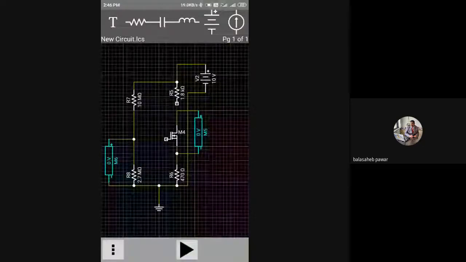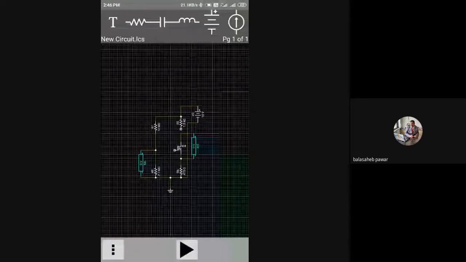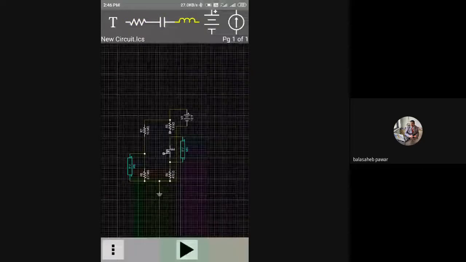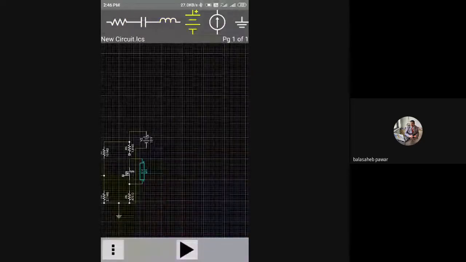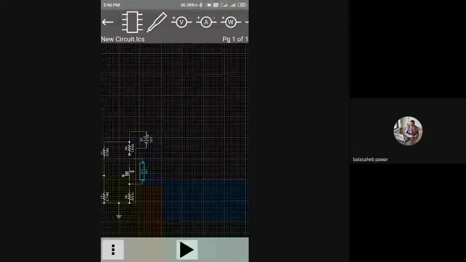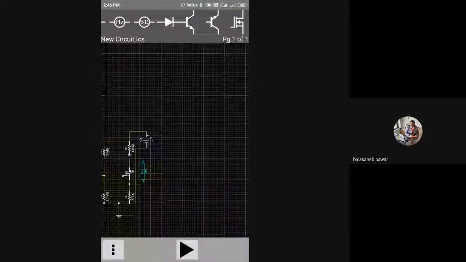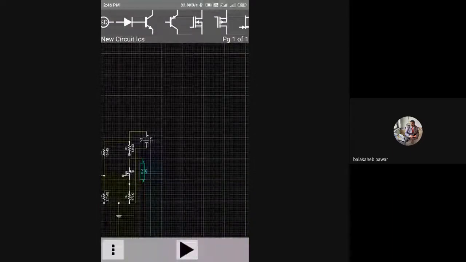You try it. Okay. So see, at the top, all components are shown. This one is resistor, then capacitor, inductor, battery source, like this. Then voltmeter, ammeter. So many transistors are also available, like NPN, BJT, PNP, diode, and this is of our use.